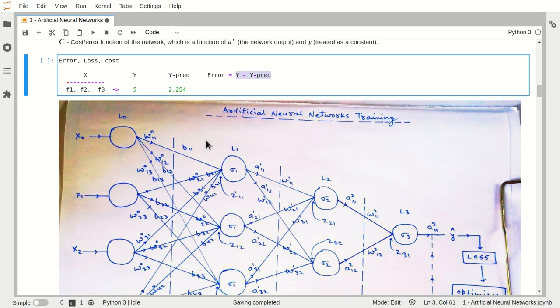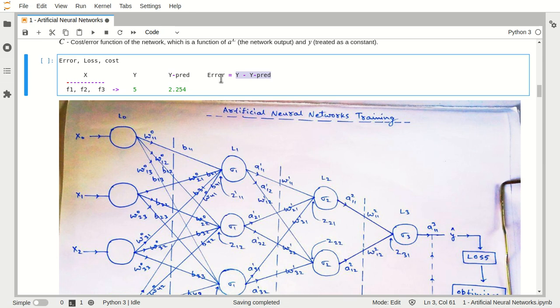So now we are supposed to calculate how far we are from the original value. This gap, this difference, this distance is known as the error, right? This is our error factor.